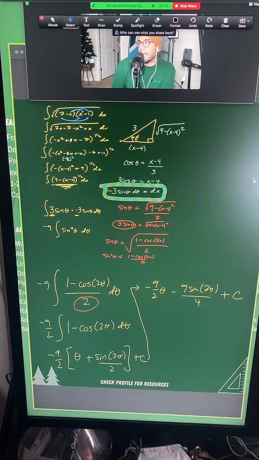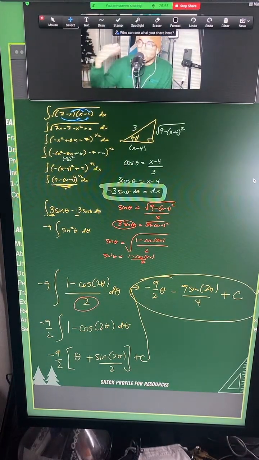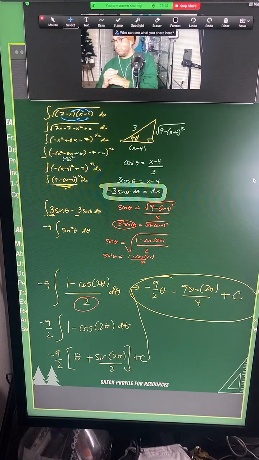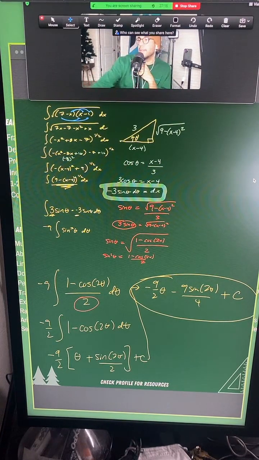Okay. Now, I'm not going to do this now. I definitely want to touch on other problems, but we're technically not done here because we have to rewrite the entire problem in terms of x. So we have to go ahead and use the trig stuff that we had up on top. Give me a thumbs up if you feel like I should actually complete it, or just move on to the next one. So move on to the next one, let me know, or give me a thumbs up if you want me to complete the entire thing in terms of x. I'll take a sip of my LaCroix.